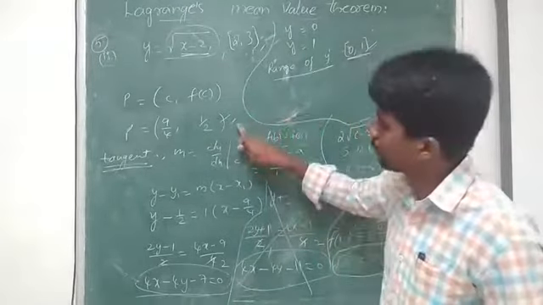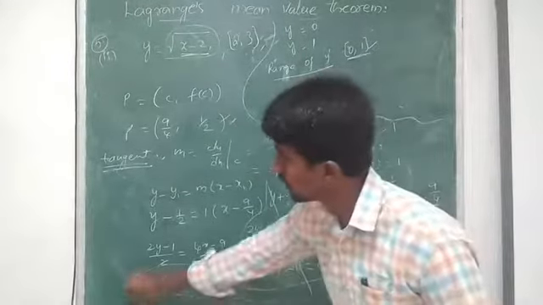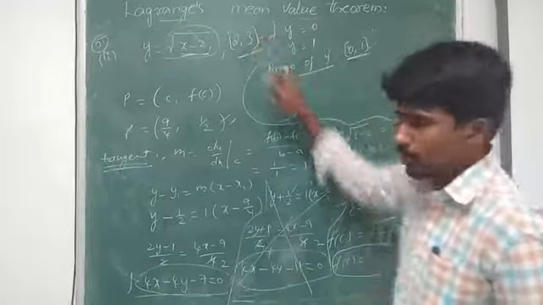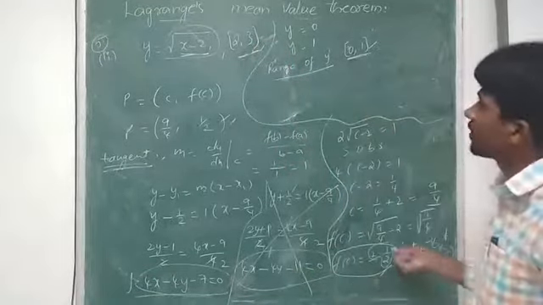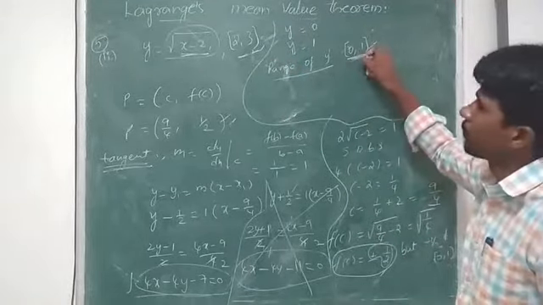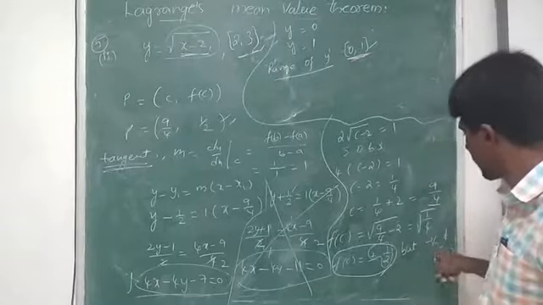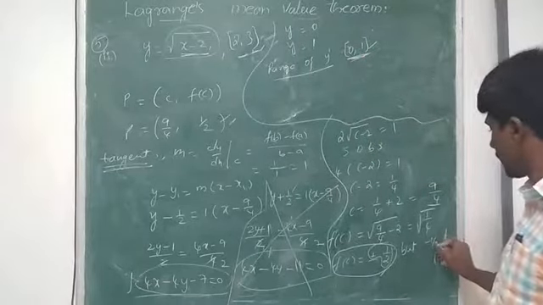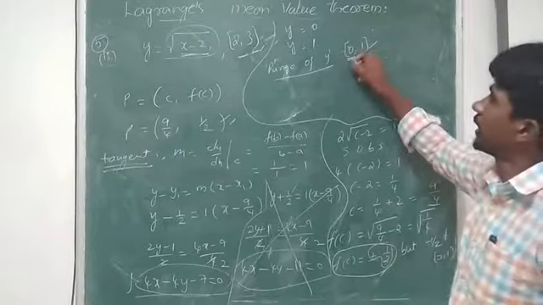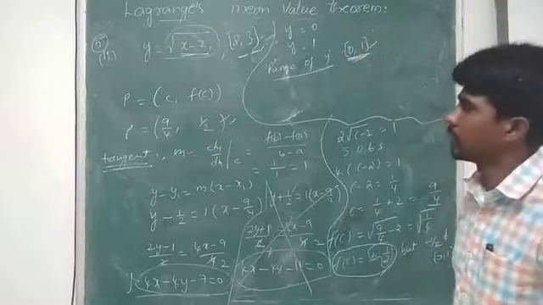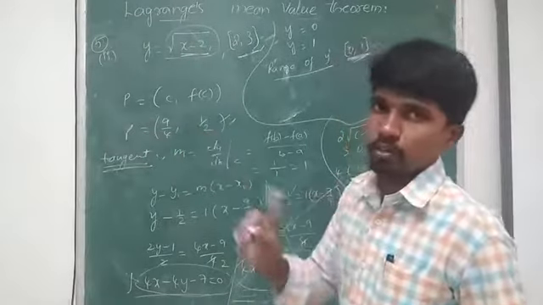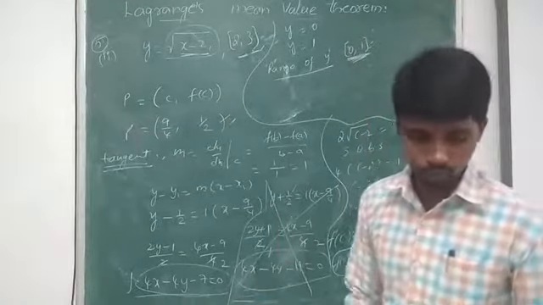So this is our only point. We just have to check whether the value of y lies in the range or not. The range is 0 to 1 and minus 1 by 2 does not lie in the range. That's why our answer is only 9 by 4 comma 1 by 2. It's not plus or minus 1 by 2. Make a note of this.